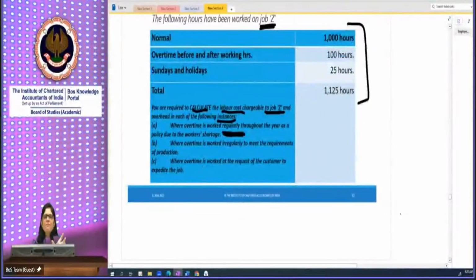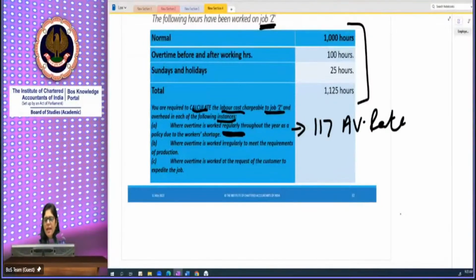It will happen every year or every time it will happen. It's a regular feature throughout the year, not because of any reason, but because of your worker shortage. It's a general scenario. In this case, we use 117 as an average rate. That means the bifurcation of difference between the rates is diluted. We have to take one